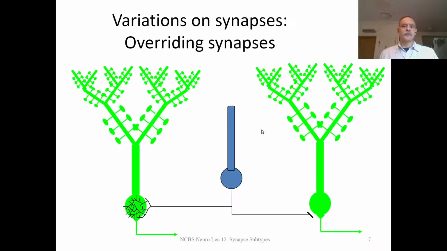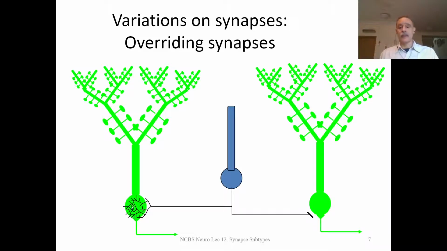This is what I call supersynapses, or overriding synapses. So here you have your presynaptic cell, and the idea is that this one synaptic input can make all the difference. It can either, in some cases, force the postsynaptic cell to fire, regardless of what else the rest of the cell was doing, or it can completely shut down the postsynaptic cell. For example, as we'll see in a moment, there are synapses which are extremely strong, extremely effective in causing the cell to fire, because they have a huge number of release points. And so it doesn't matter what's happening to all the 100,000 other inputs to the Purkinje neuron, the cell will